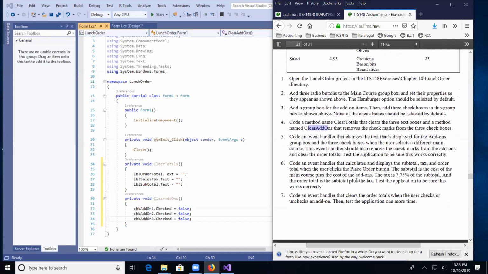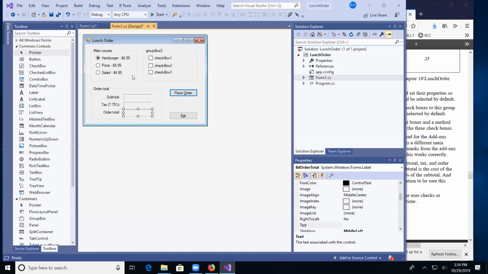Okay. Code an event handler that changes the text that's displayed for the add-ons group box and the 3 checkboxes when the user selects a different main course. This event handler should also remove the check marks from any add-ons and clear the order totals. All right, let me do this. Run the app, and make sure it works. Okay, so, all right, how are we going to do this now? When we click on this,